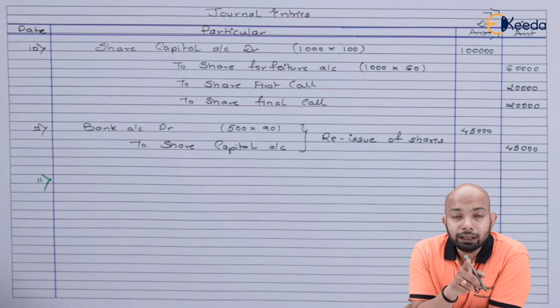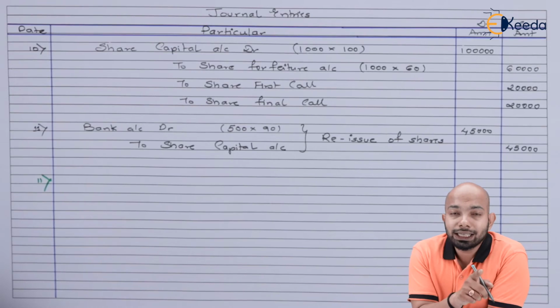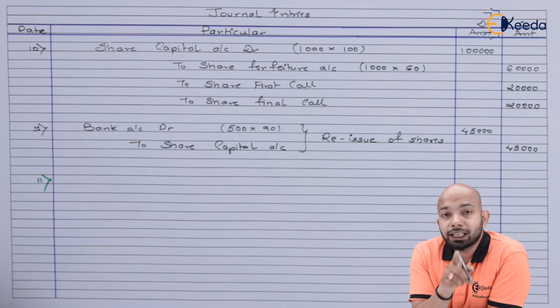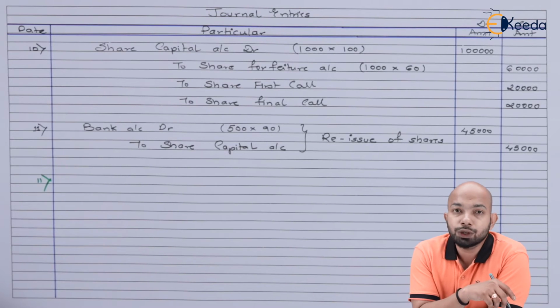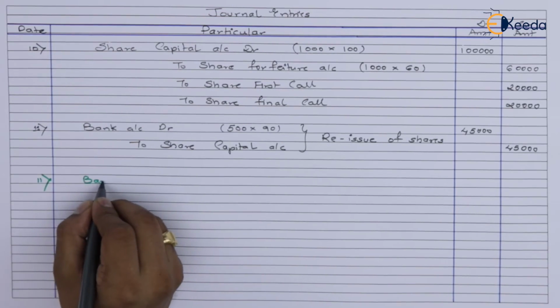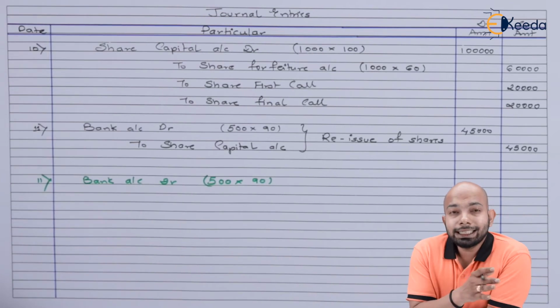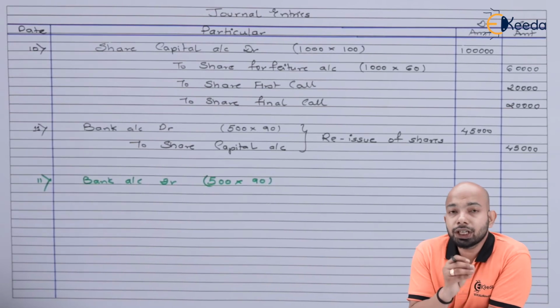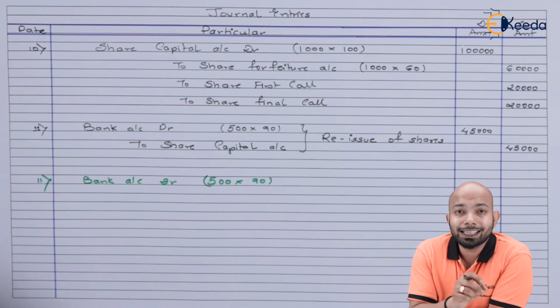So in case there is any kind of loss, whatever share capital we are supposed to take here, that means 500 shares multiplied by 100 rupees, will be the share capital we should be taking. But the loss that we have borne is 10 rupees per share. So we'll bear that loss using the share forfeiture account. Now, the entry will remain the same, that is bank account to share capital. The only addition to it will be that share forfeiture will be debited here with the amount of loss on face value. That means 10 rupees is the loss here.